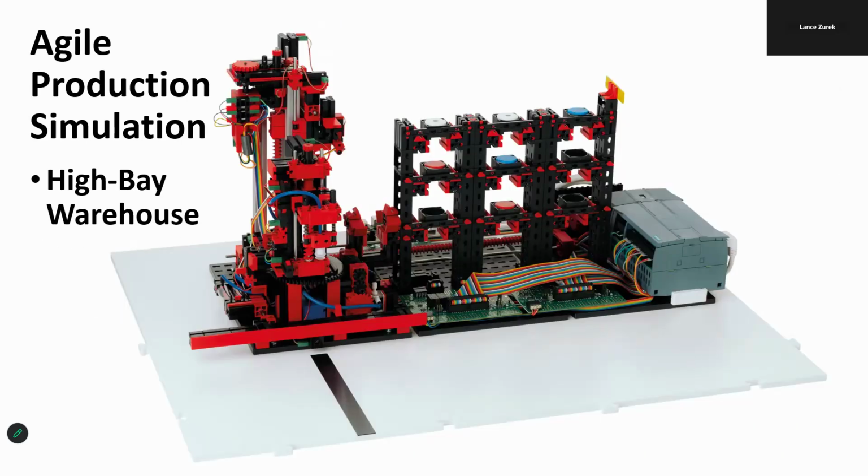Now, typically the next stop for a workpiece after the goods receipt is usually the high bay warehouse. Although, because again, this is an agile production simulation, the order of process